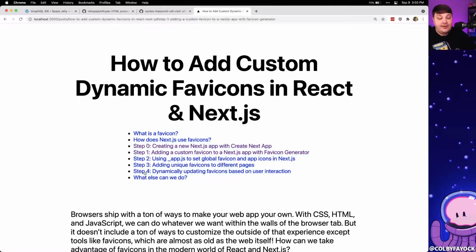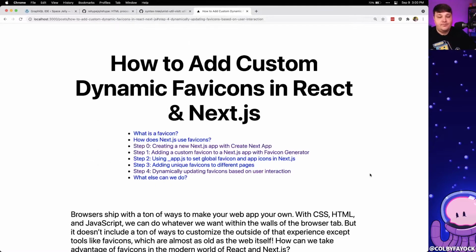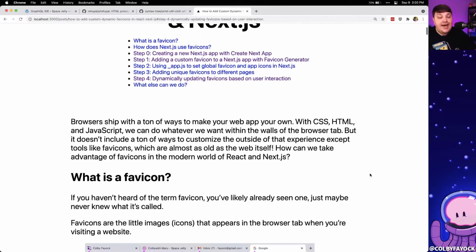And better yet, if we click one of them, like maybe I want to skip to step 4, if I click that, we can see it jumps right down to step 4. Now, this is working really great as is, but another cool feature that we can add is